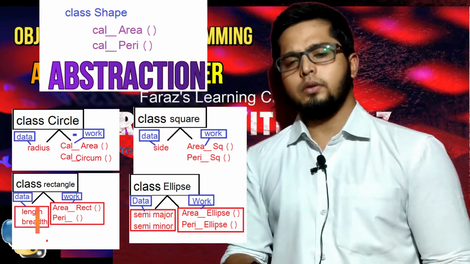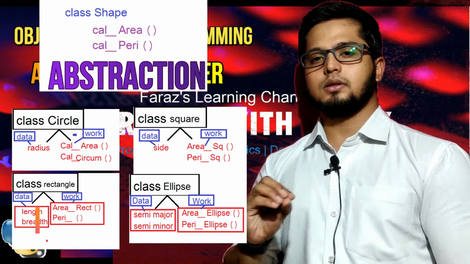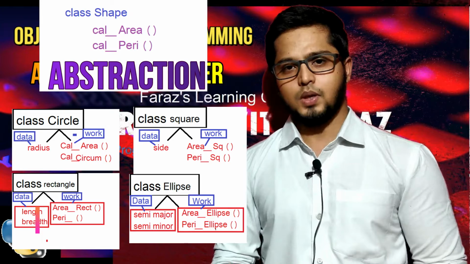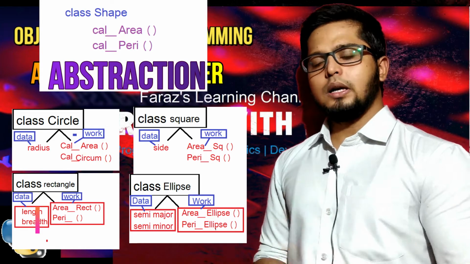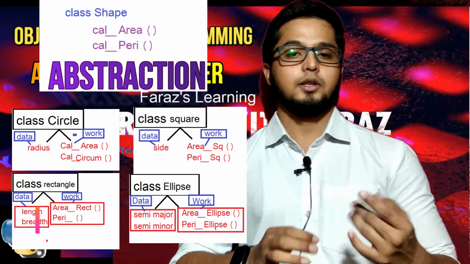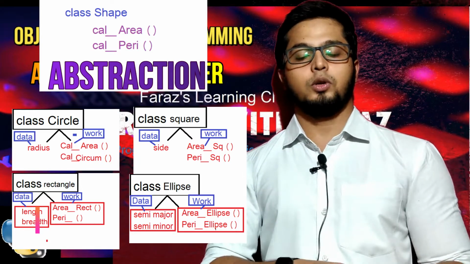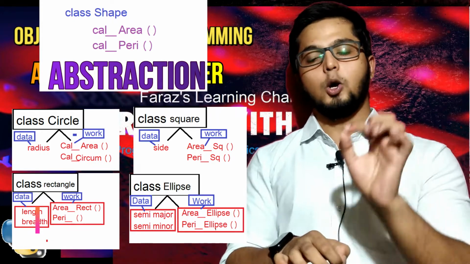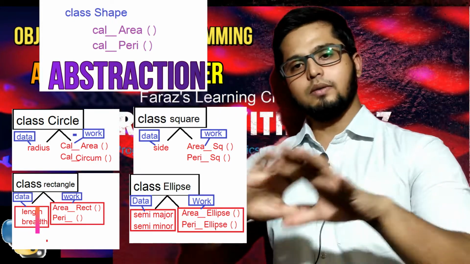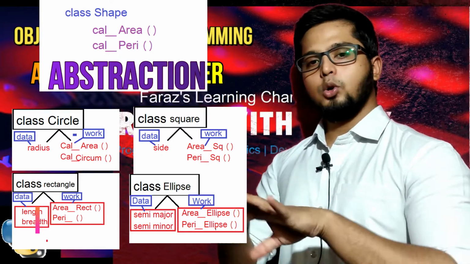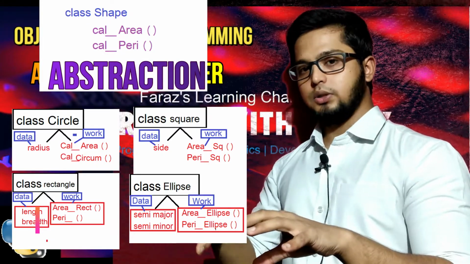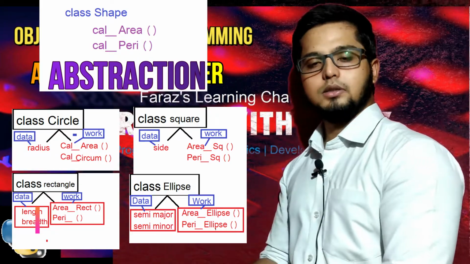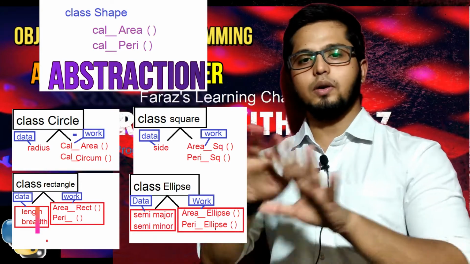This is just an overview. When I come to implementation, I will discuss abstraction as a detailed topic by itself, so don't get confused with this. I hope you got this. This is how you're going to organize things and how you're going to think. This is how you prepare your mind to think in an object-oriented programming way. That was my intention, to make your mind think in an object-oriented manner. Whatever work you get, classify it into 2 things: information and functions. Information is your data members, variables, and functions are the methods that you're going to define within the class.